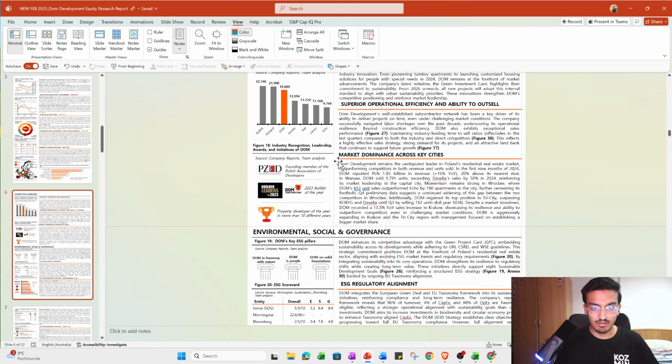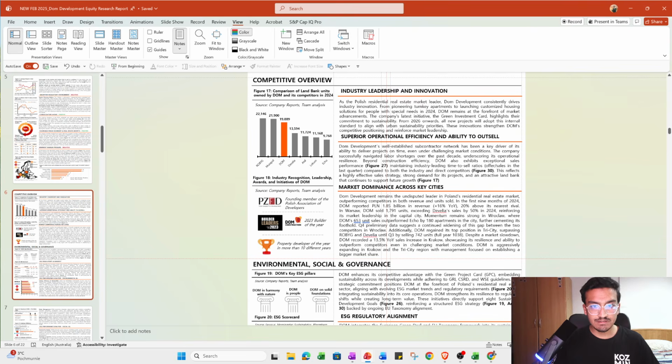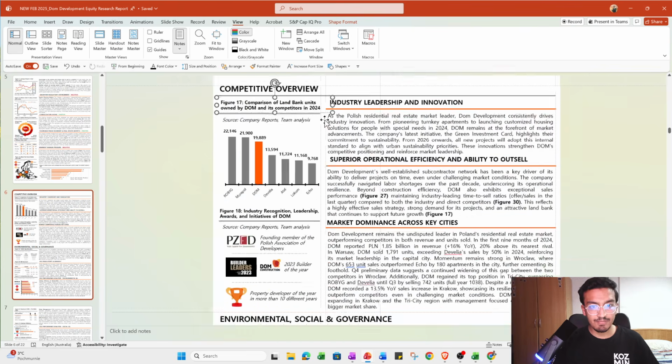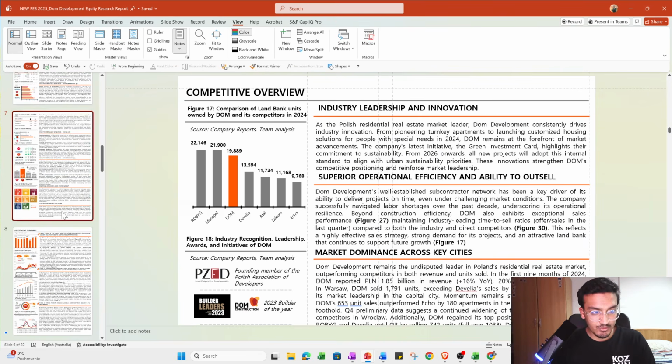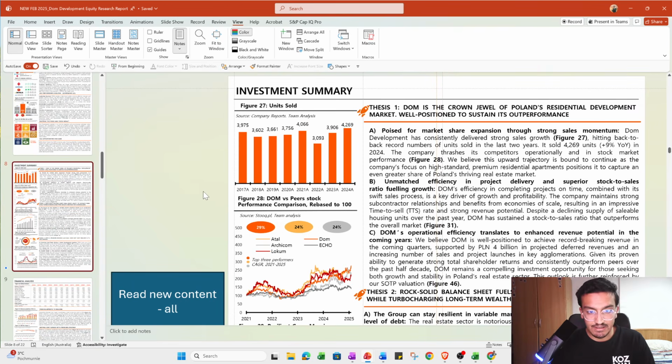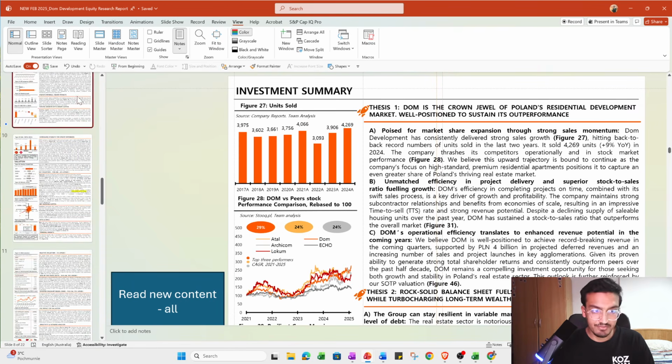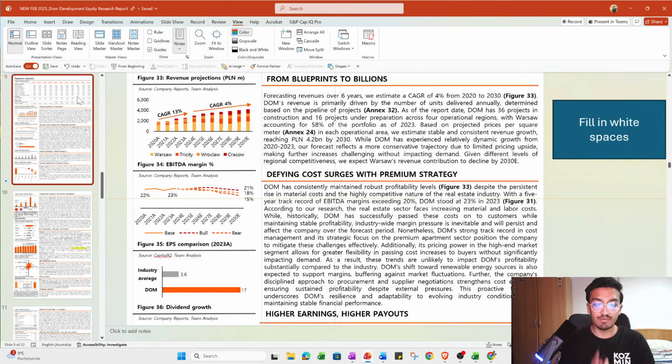So let's say this chart: comparison of land bank units owned by DOM and its competitors. This is a chart that needs to go in the report. We wrote it on the Excel file, we assigned the owner, and we check whether it is done or not. So what you could do if you are participating in this challenge is sit down and write all sorts of graphs and important information that must be conveyed, like EBITDA margin, revenue projection graph, a graph on earnings per